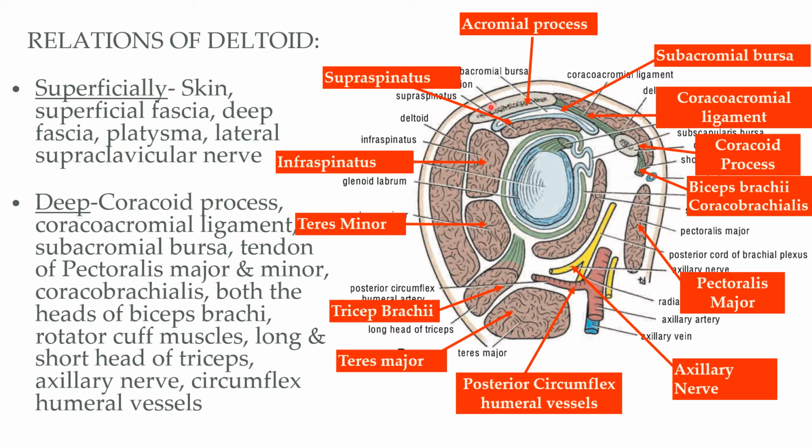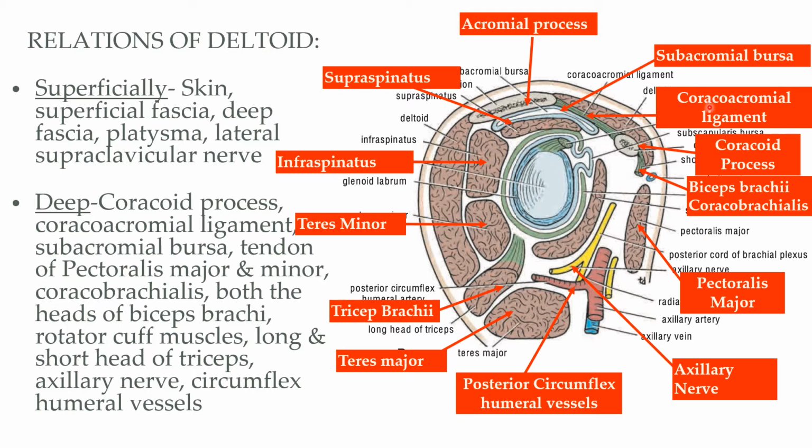Now, this is the acromial process. This is the coracoid process. Connecting the coracoid process and the acromial process, we have a ligament, this green color structure. This is the coracoacromial ligament. Now, deep to the coracoacromial ligament and the acromion process, you can see this blue lined bursa. Because it is located deep to the acromial process, it is named the subacromial bursa. The role of the subacromial bursa is to prevent friction between the overlying bone, that is the acromial process, and the underlying muscle, which is supraspinatus.